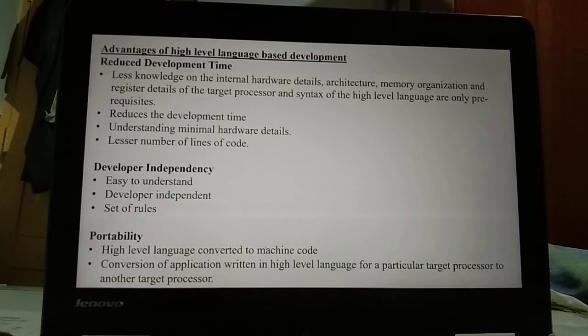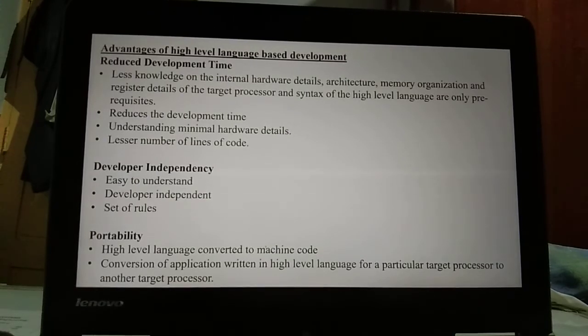Except this, high-level language-based development is developer independent. High-level language-based development has a set of rules in writing the code and in doing comments. This makes the code independent of the developer.